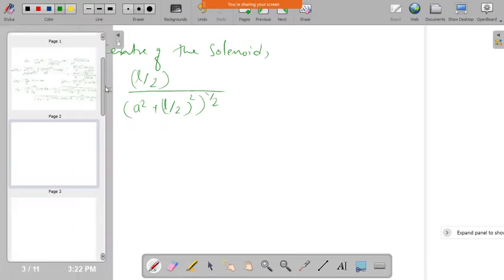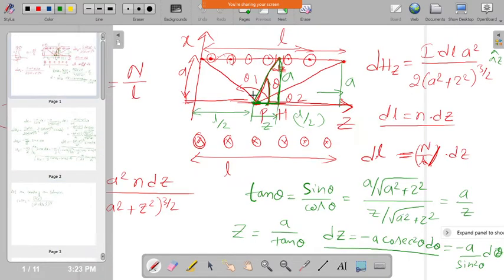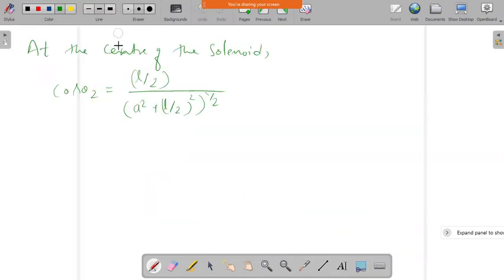We can also calculate what theta 1 is. Since it is exactly at the center, theta 1 is 90 minus theta 1. If I calculate that, this is a and this is L by 2 again, so it gives exactly the same answer as cos theta 2, but the sign is negative, that is minus cos theta 1. Now if I substitute this in the Hz expression,